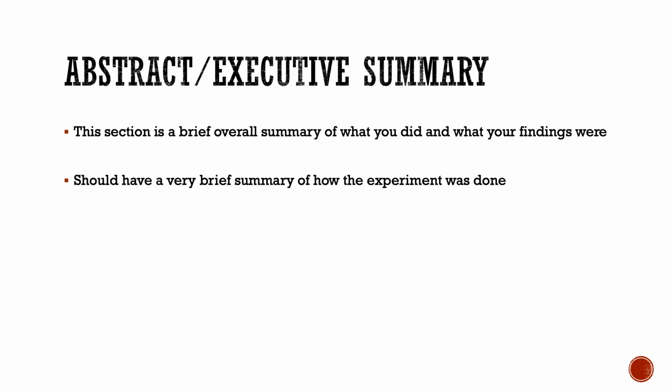In particular, you should have a really brief summary of what you did experimentally. It does not have to be long, just 1 to 2 sentences. Keep it very, very brief. You're going to have a whole experimental section later that details that in a lot more fine detail. So here, just stick to the basics, what exactly was done, and then move into,